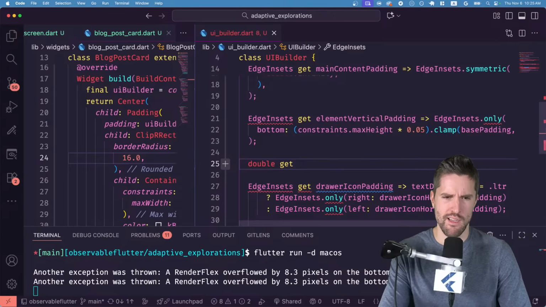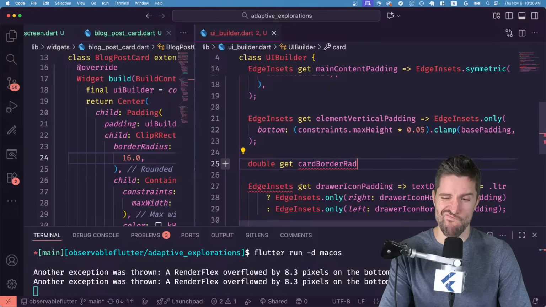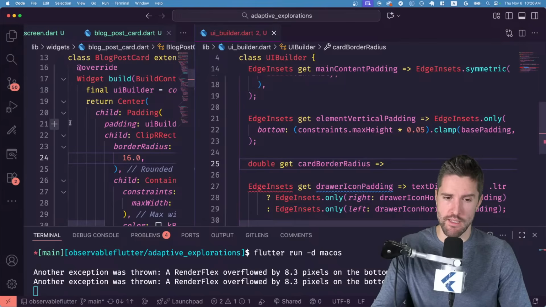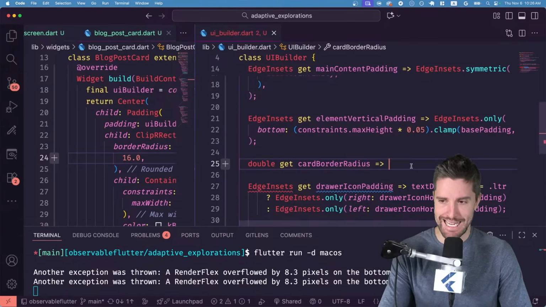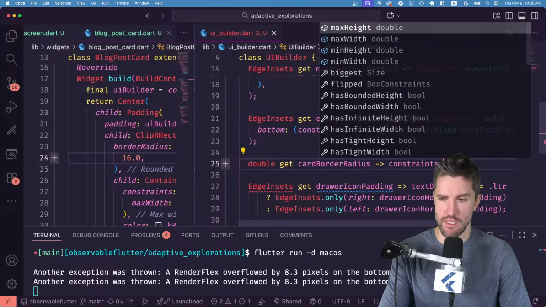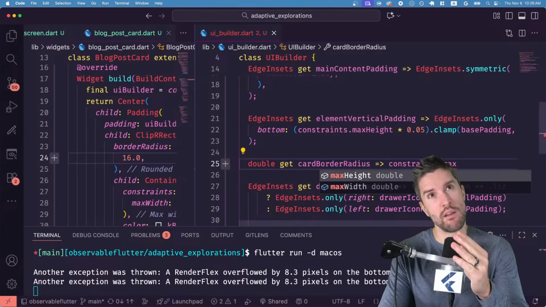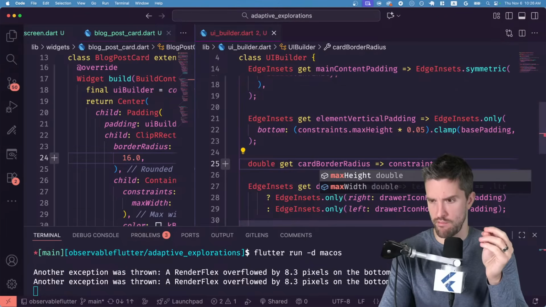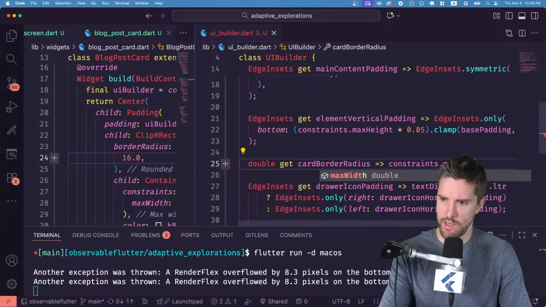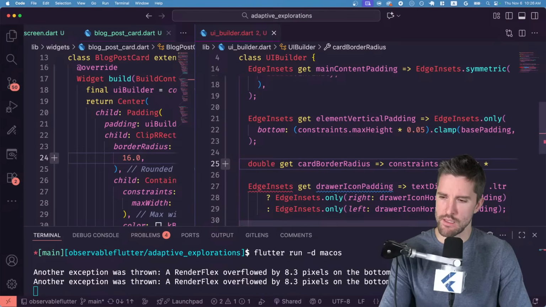Double get. So this will be the card border radius. And so we know that 16 was the starting number for mobile, so I think we want to scale it up based on that. So let's say constraints dot max. Do we think this is going to be better scaled on height or width? I think width. Yes. Max width times,